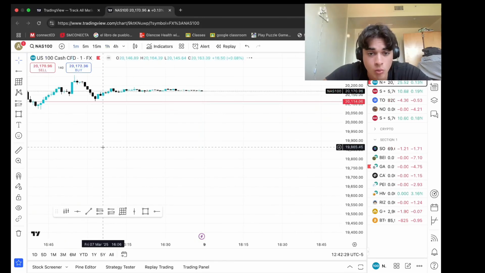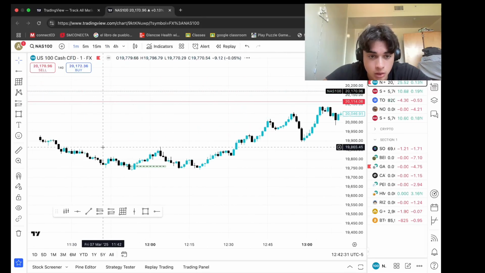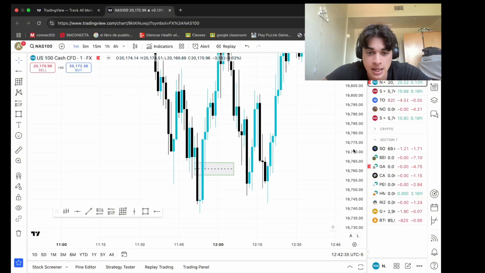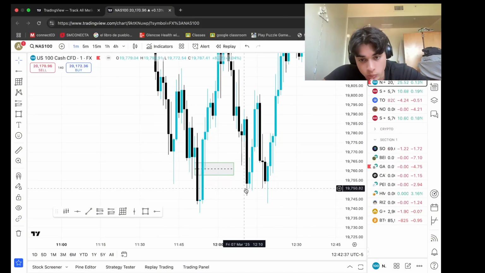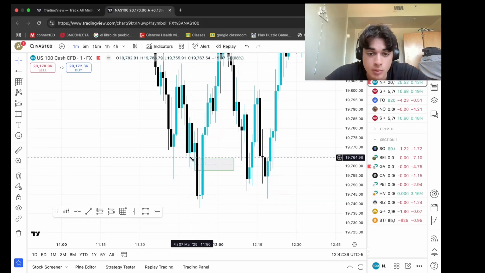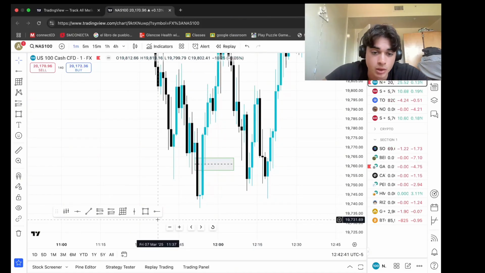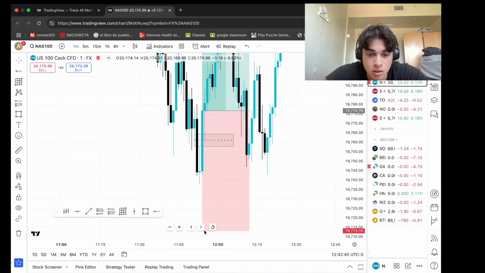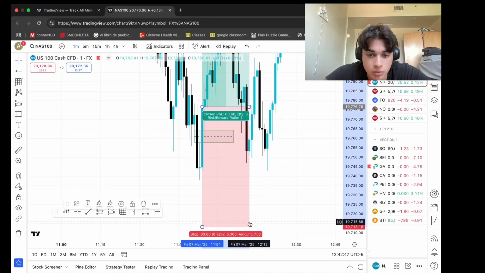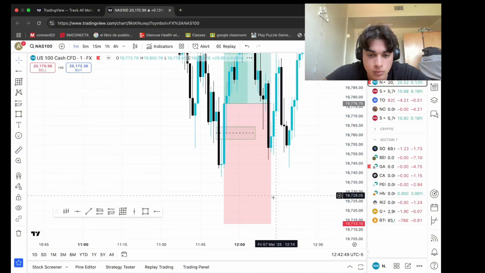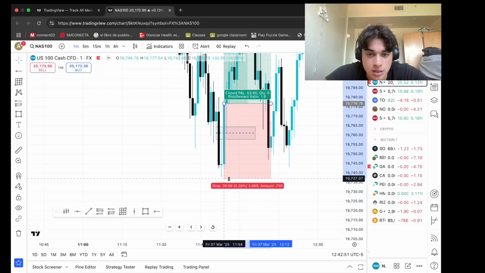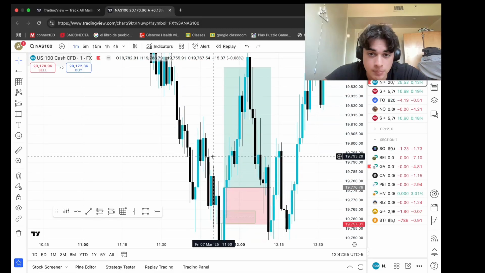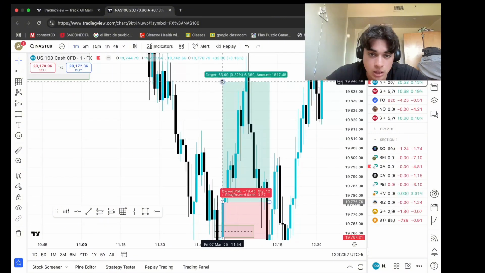But if we go to the 1 minute, what we can say is, hey, we took liquidity at a key point where price probably wants to reverse. We have an inverse fair value gap. Hey, you know what? Let's enter here. Stop loss below the... Can I move this, please? Thank you. Stop loss here, or stop loss right around here